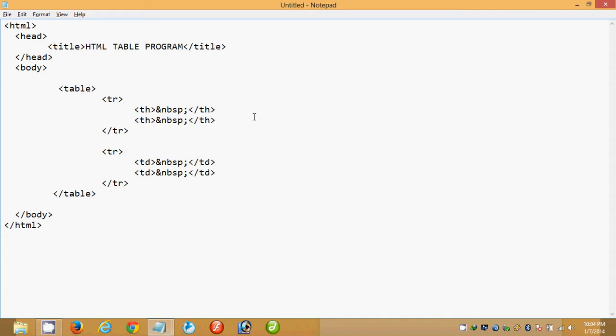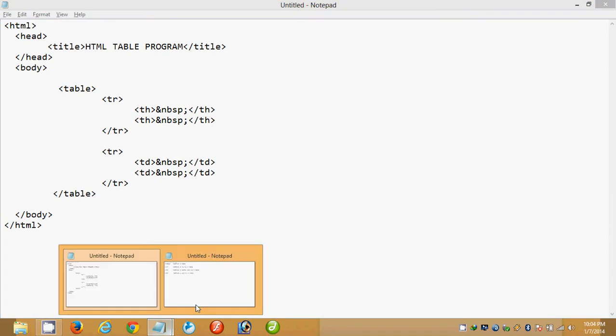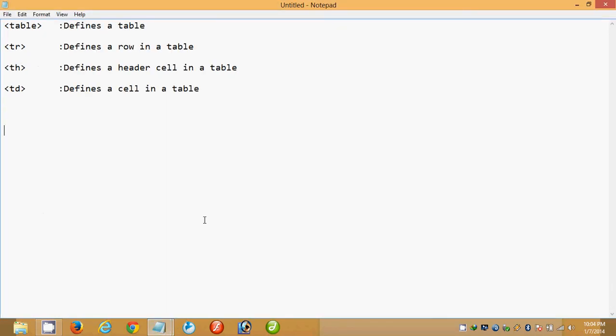I am going to create now a 2 by 2 table. 2 by 2 means the first 2 stands for rows and the second 2 stands for columns. So I am creating now 2 rows and 2 columns, meaning totally 4 cells.